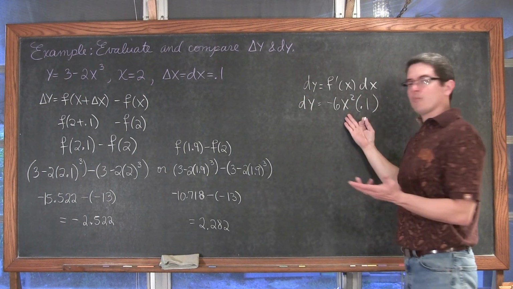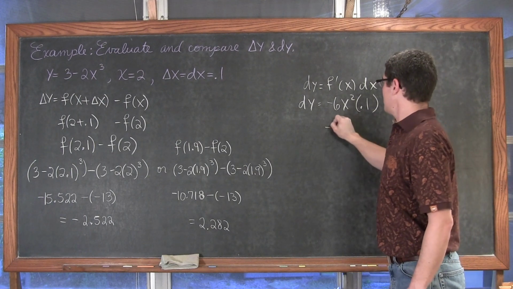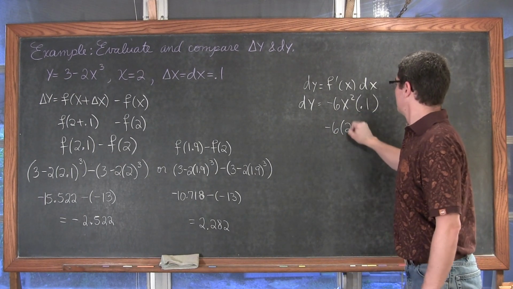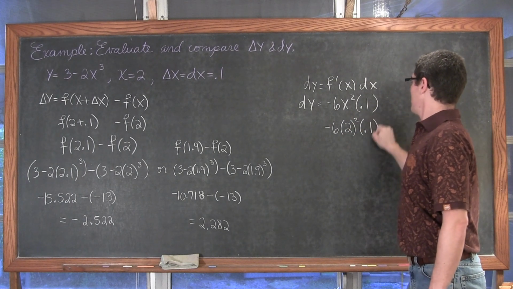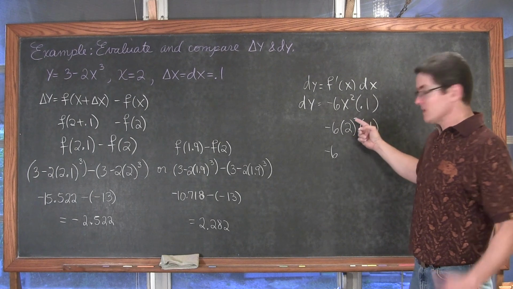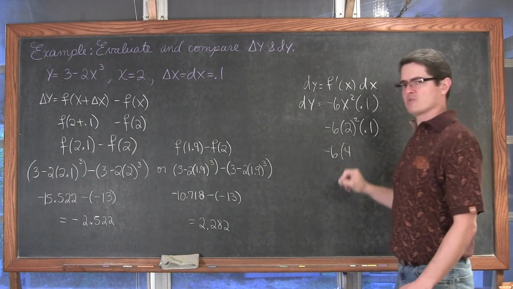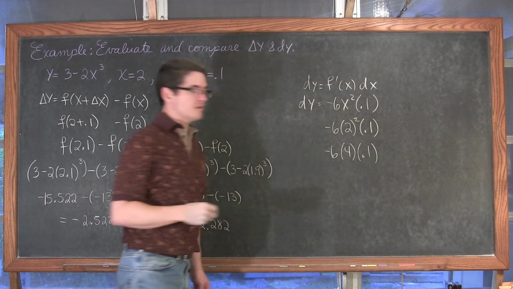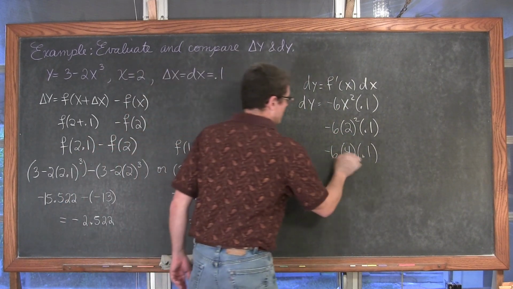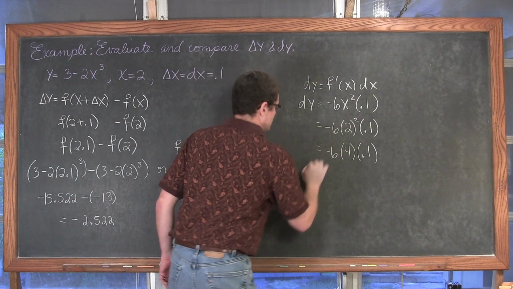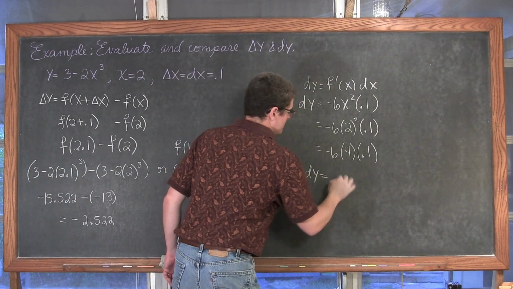Okay, well, we need to bring our value of x in here, so we have negative 6 times our x value of 2 times 0.1. That's negative 6 times 2 squared, which is 4. Times 0.1. That's negative 6 times 4, which is negative 24. And negative 24 times 0.1 is negative